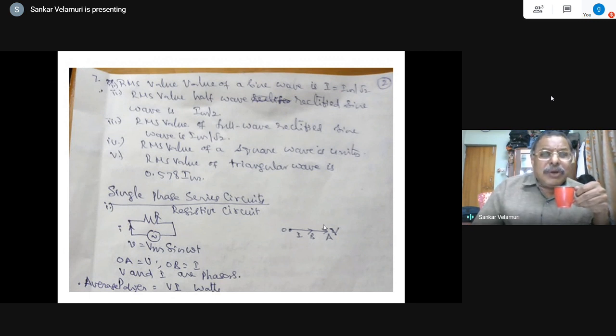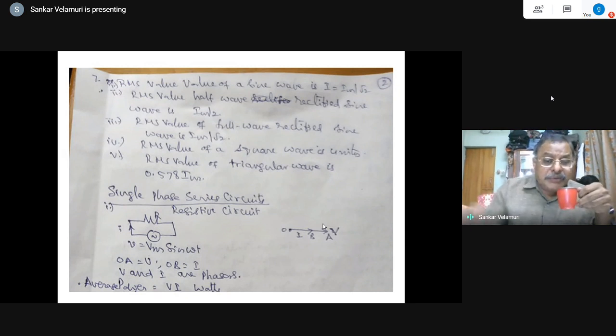Now, one more interesting property which is absolutely necessary to remember is that phasors of the same frequency only can be drawn on the same plane. I repeat, the phasors of the same frequency components of the voltage and currents can be drawn on the same plane. That means you have a frequency of F, and there is another component of 2F frequency. The current can be, according to Fourier series expansion, A naught plus sigma A n cos n omega t plus B n sin n omega t.